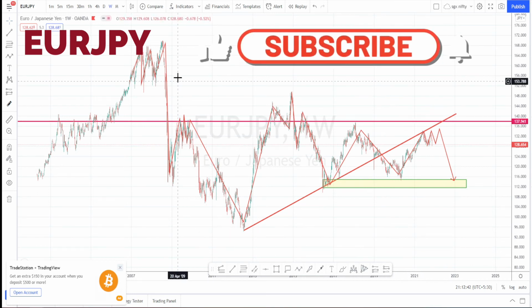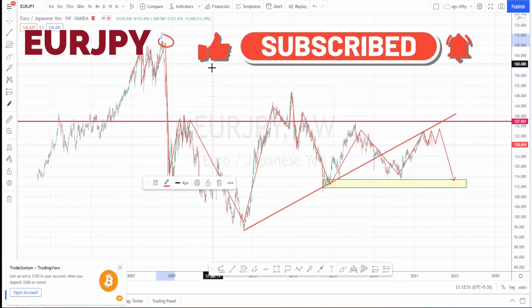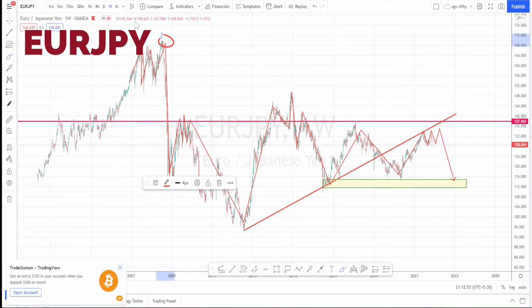Because when we look at the overall price action, this was the highest point it went. From here, it has not crossed this highest level. The second highest level was this, and next time it retraced only up to this level, and this time it has retraced only up to this level. Every time it is retracing, the level of retracement is being reduced.